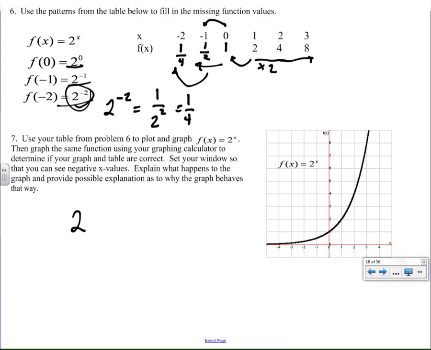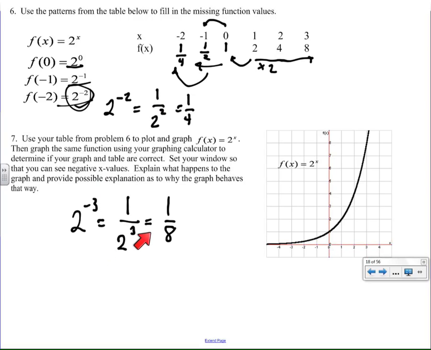1/4 is actually 1 over 2 squared. So I can learn that 1/4 can be represented as 1 over 2 to the second power, and 2 to the second power, when I divide it into 1, can be expressed as 2 to the negative 2 power. So this negative means instead of multiplying 2 by itself twice, it means take 1 and divide it by 2 twice to give me a quarter. It follows then that 2 to the negative third power would be 1/8, because we're going to have 1 over